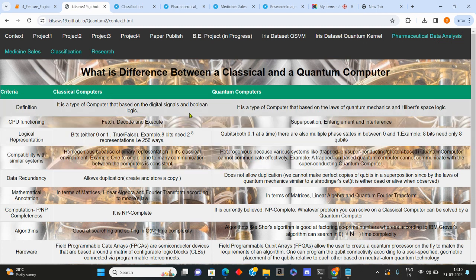As you can see here, there are two types of computers we can compare. The first is the classical computer, which is based on digital signals and Boolean logic, whereas a quantum computer is based on the laws of quantum mechanics and Hilbert space logic. The phenomena involved here are superposition, entanglement, and interference. The algorithm that we are going to consider here is quantum classification, which works on the basis of